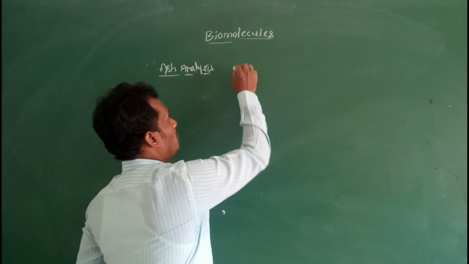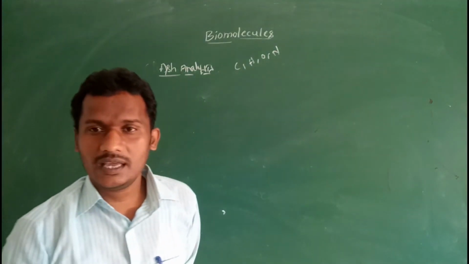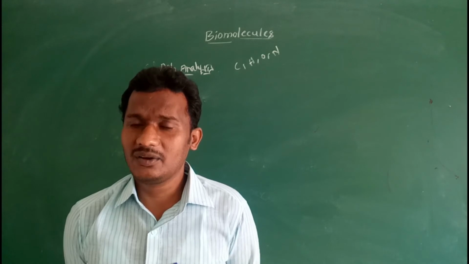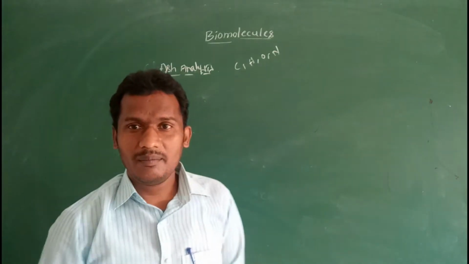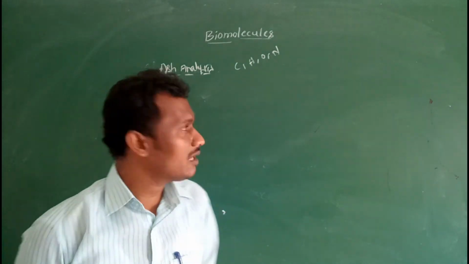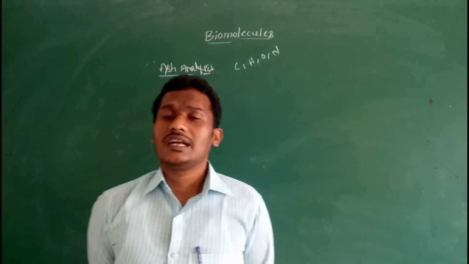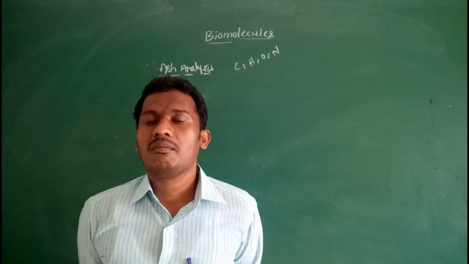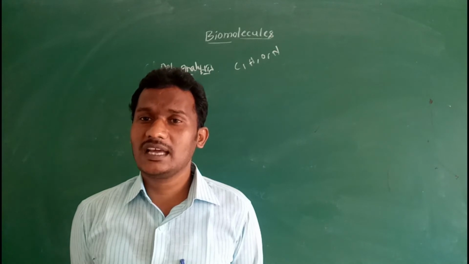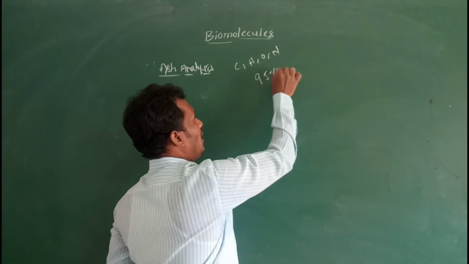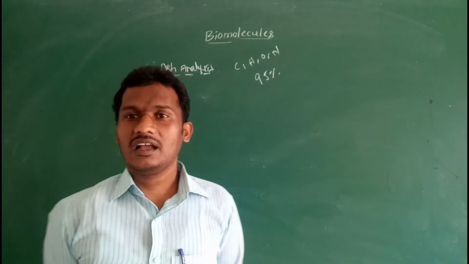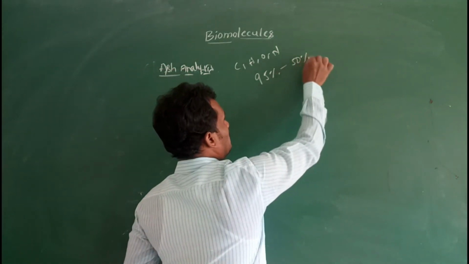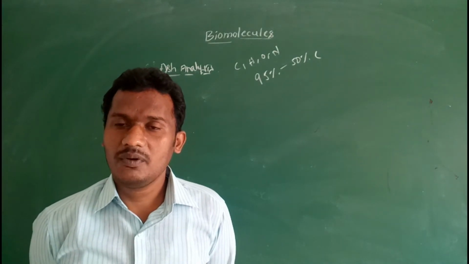Generally, 99% of substances contain 4 elements: carbon, hydrogen, oxygen and nitrogen. These 4 elements combine in different formations and ways to form the biomolecules. Biomolecules are the building blocks of life and perform all physiological activities. 95% of dry weight is composed of these 4 elements, and more than 50% of it is carbon.